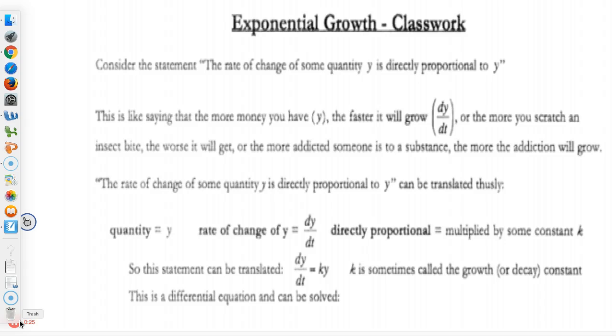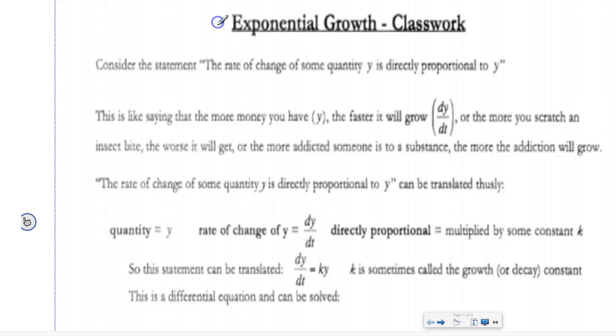It will time out if you try to take it while you're taking the notes. I have a time set on the quiz. So the method is watch the notes, write everything down that I write, and then go take the Schoology quiz by midnight on Sunday. So we're moving into the second to the last topic, exponential growth,